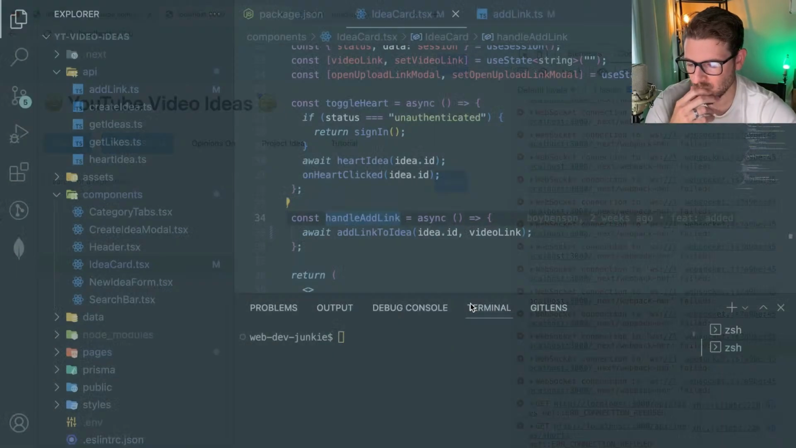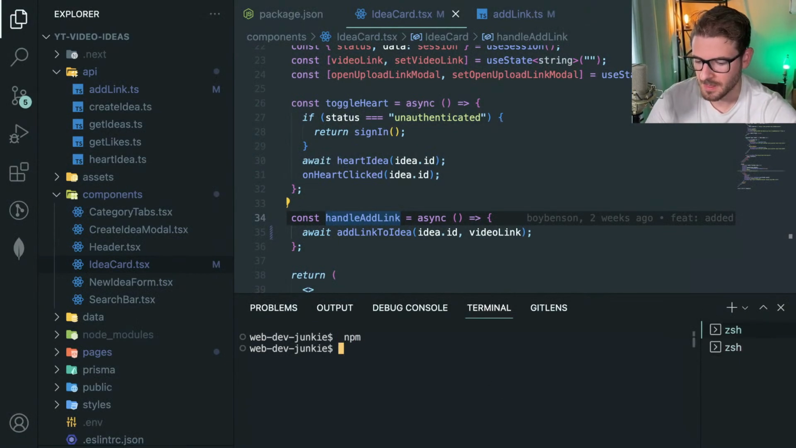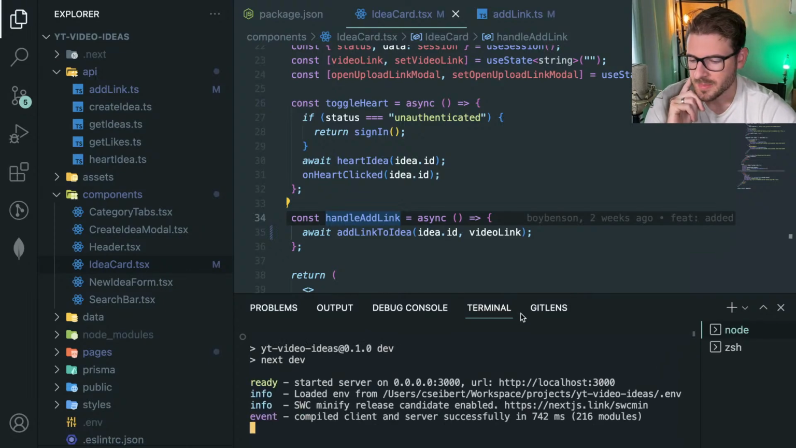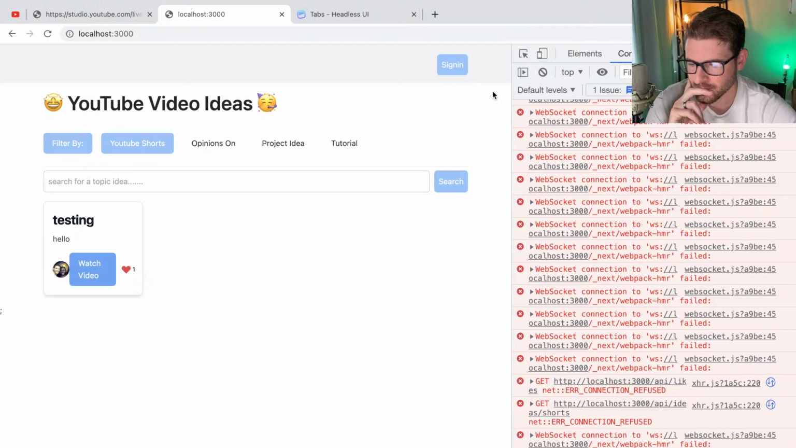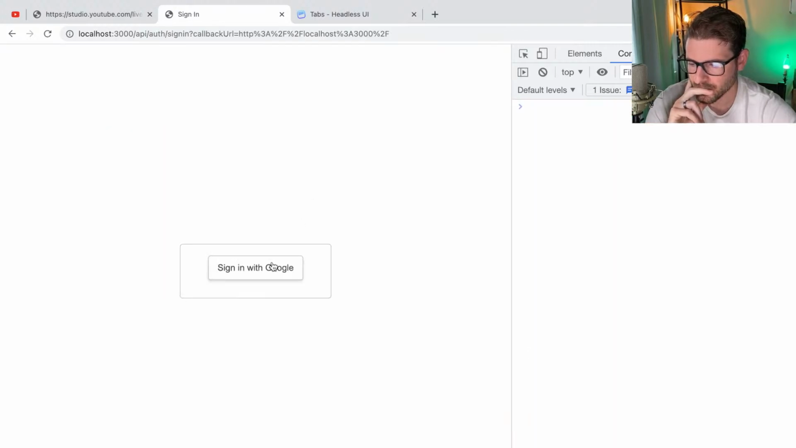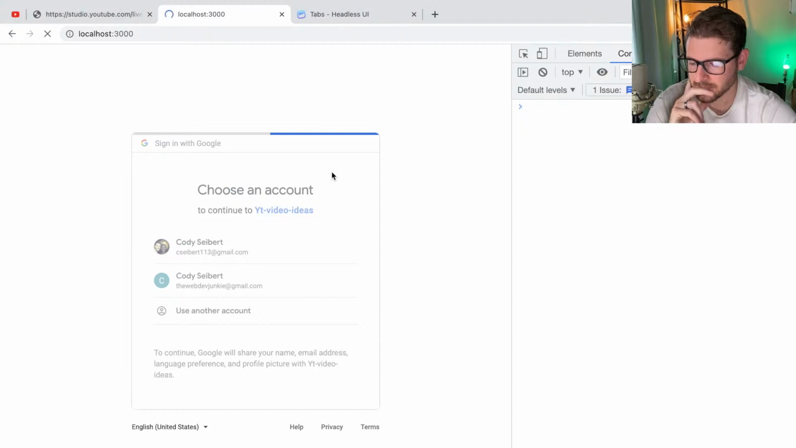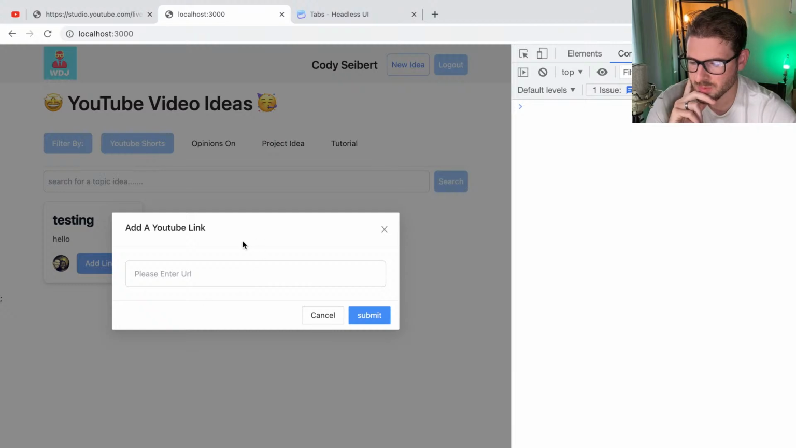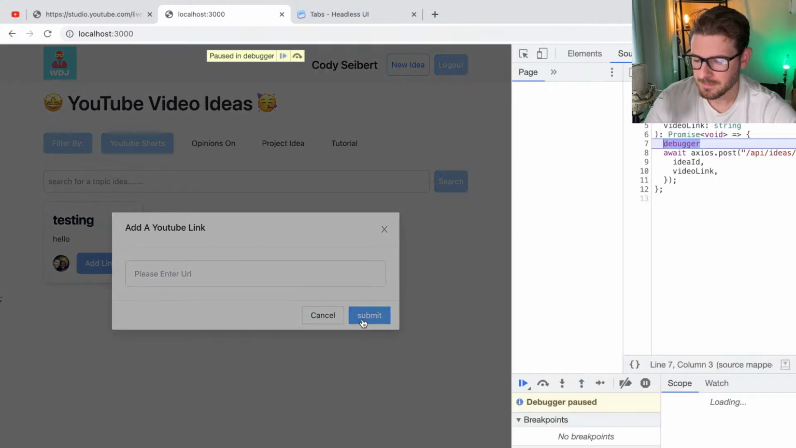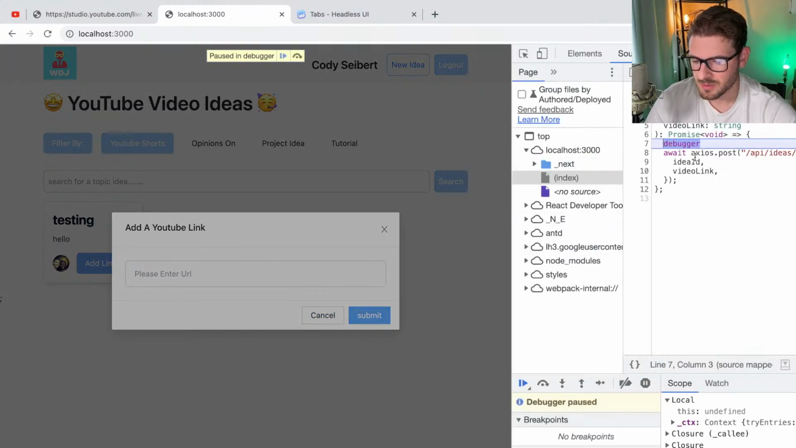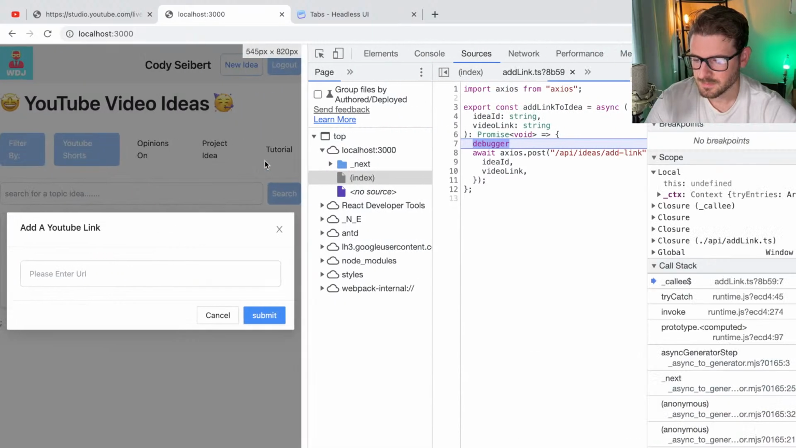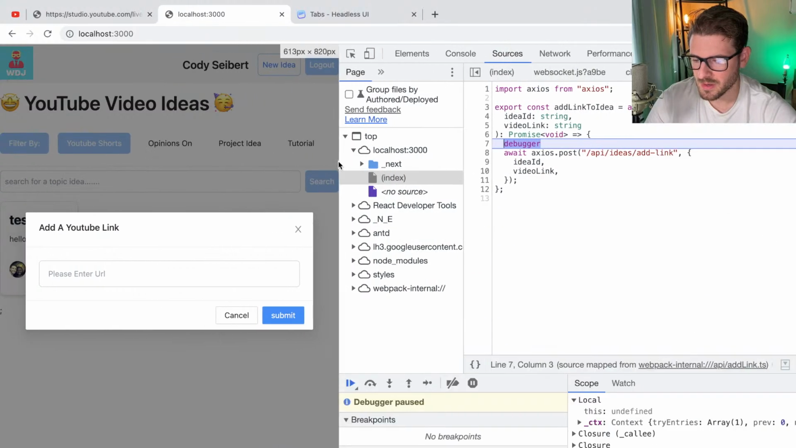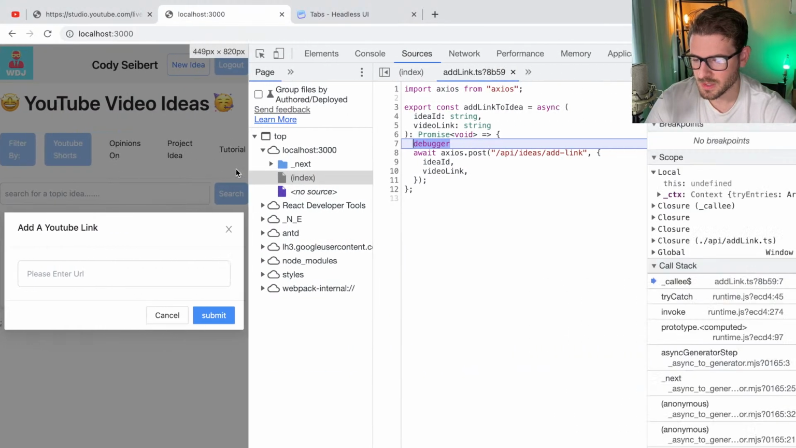Yeah, so let's go back to this. I don't know how much progress I'll make on this, but go ahead and sign in. All right, so what we're trying to do is this modal pops up. I believe he's using Ant Design in this project. Okay, sure, now the debugger works. Add link to idea. So it's getting all the way here, and then it should be calling,